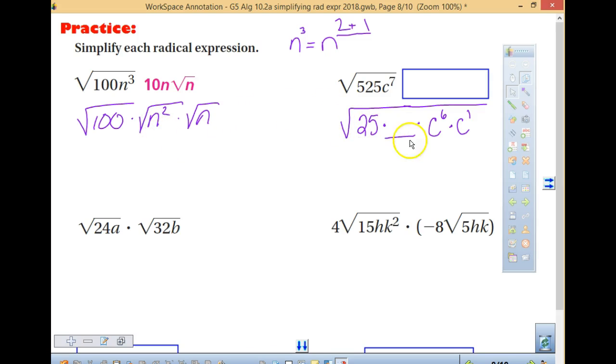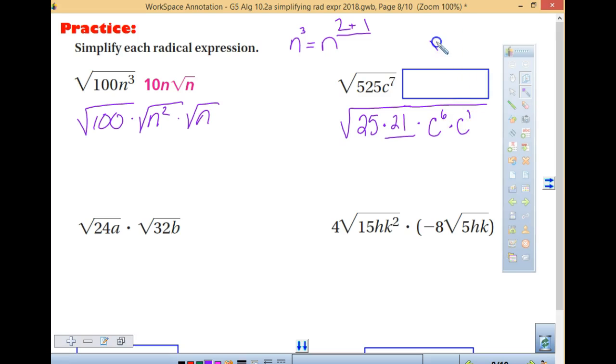So when I did 525, did 25 go into that? How many times does 25 go? 21 times. So 25 times 21. The reason I broke it down to 7 as 6 and 1 is that I always want to add